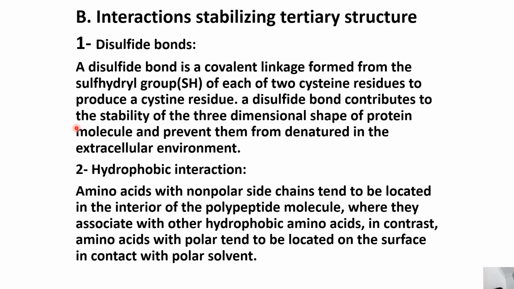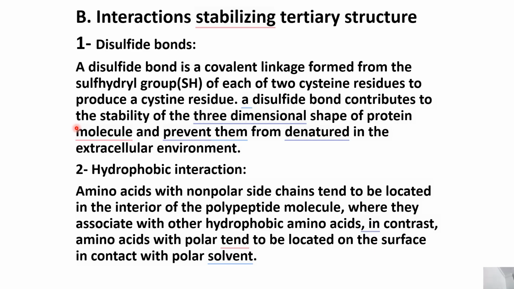Now, disulfide bonds: what are the interactions stabilizing tertiary structure? The disulfide bond is a covalent linkage formed from the sulfhydryl group of each of the two cysteine residues to produce a cystine residue, right? So, disulfide contributes to the stability of the protein tertiary structure and prevents denaturation in